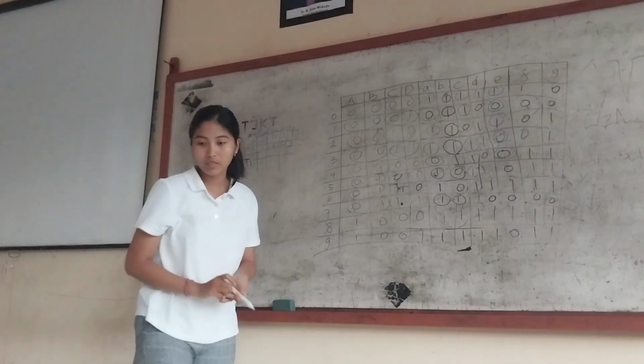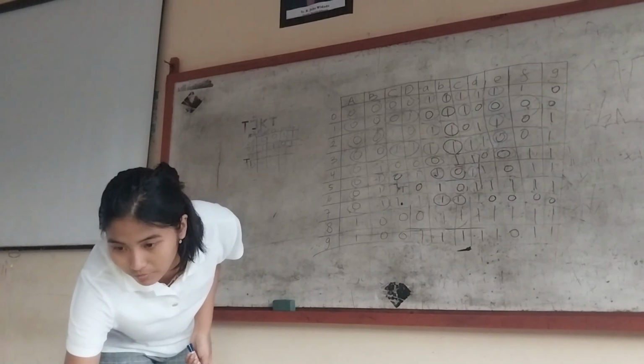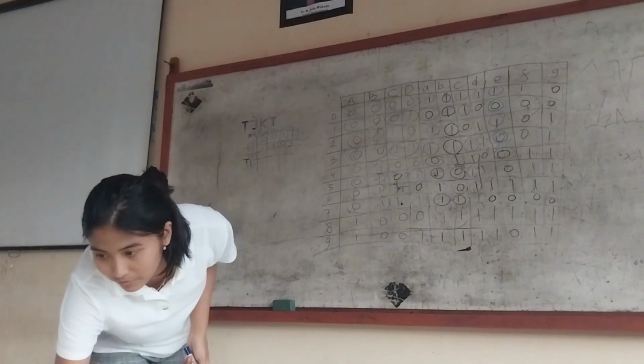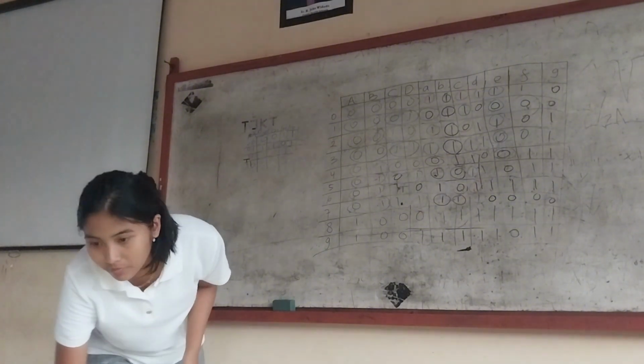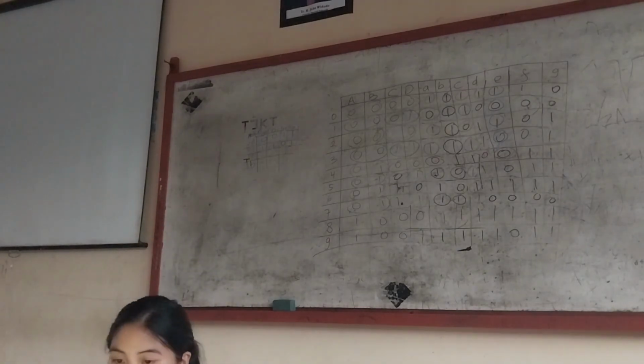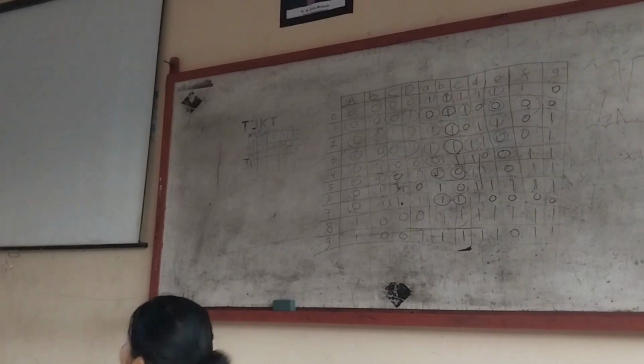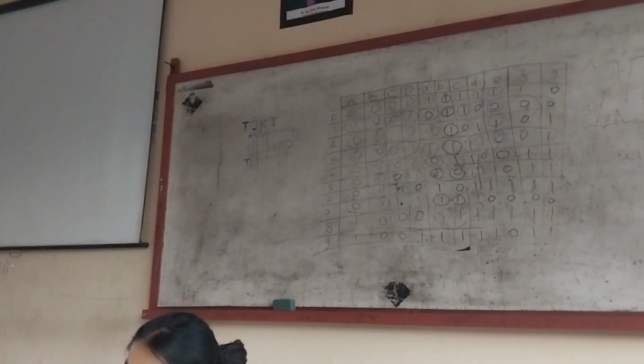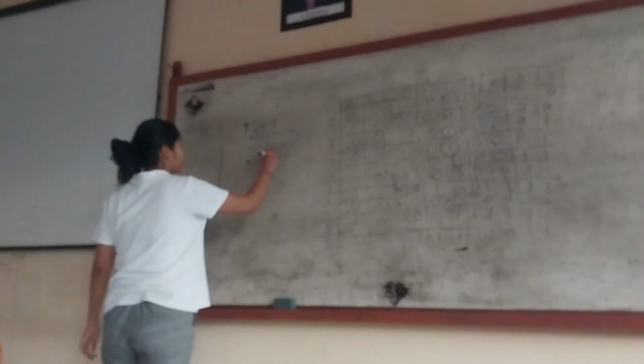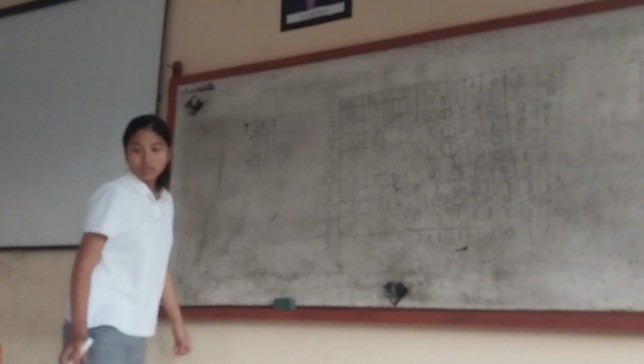So because I just made 12 lines, I will see in the window. So in here, 1, 1, 1, 1. According to the algorithm,